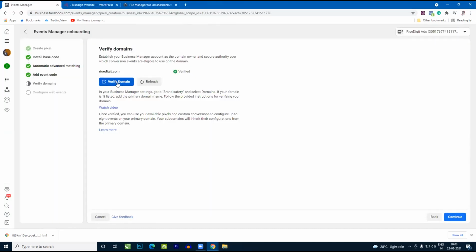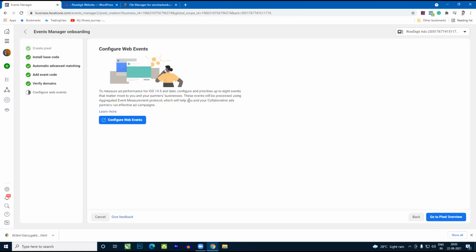Now let's come back to the main page. So domain is verified already. Verified domain is done. Click on continue. You might be seeing RiseDigit domain here, and I have verified iamshashank.com. So this is only to explain to you how the process works. It does not matter which domain I'm selecting. You have to select that same domain you want to run ads to. So make sure you select that one single domain, and also this needs to be configured here as well, right? So this is just to explain the process.